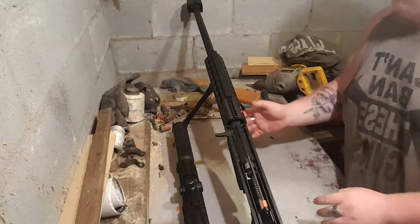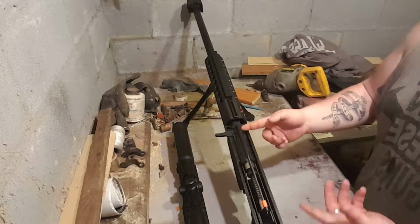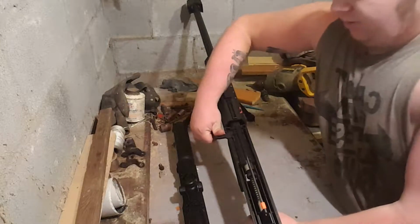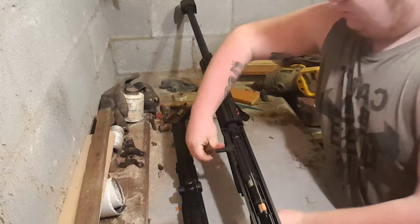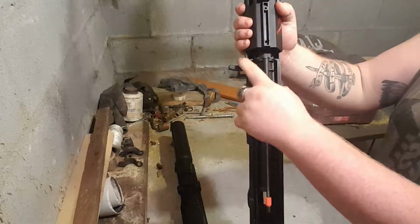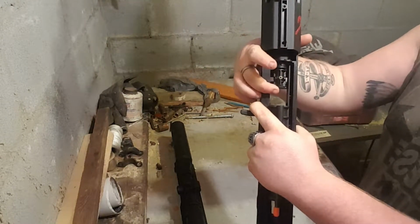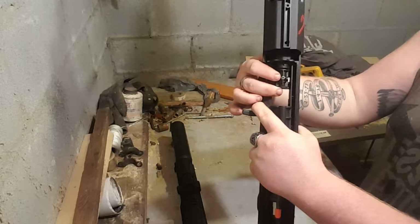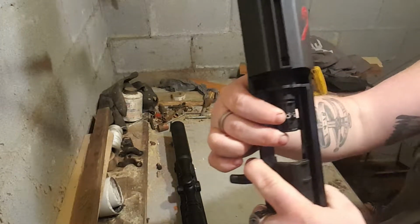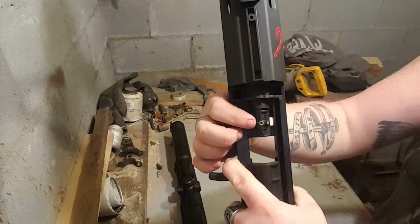But the hop up, this is pretty much your charging handle. Whenever you pull it back, if you look now, whenever I pull it back, you'll see that right there, and then that little gap. This is the end of the barrel, and that little brass spot piece right there, that is the hop up